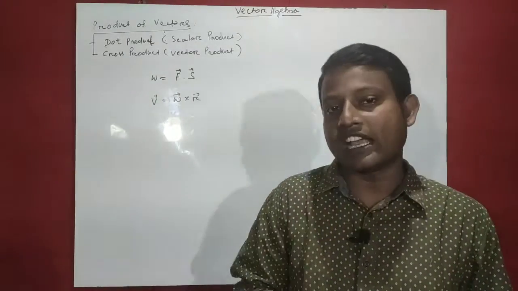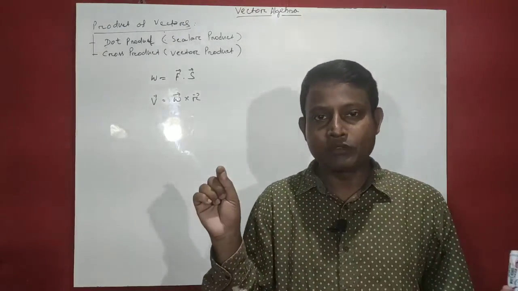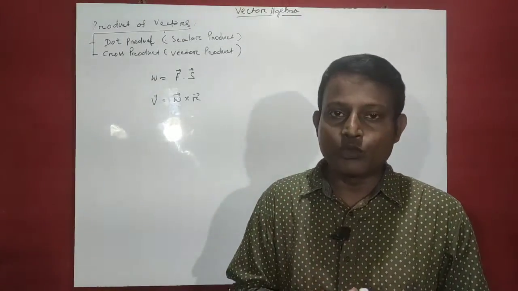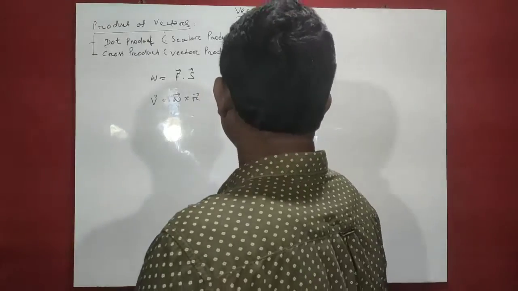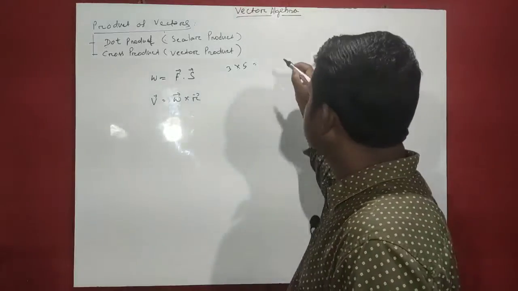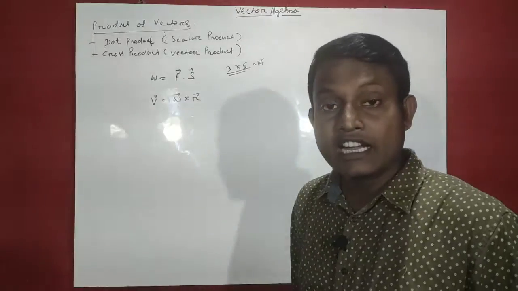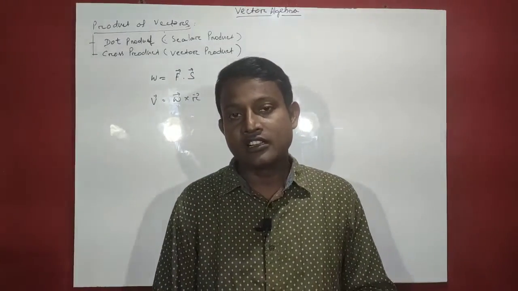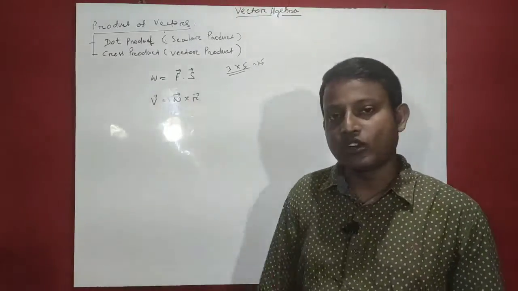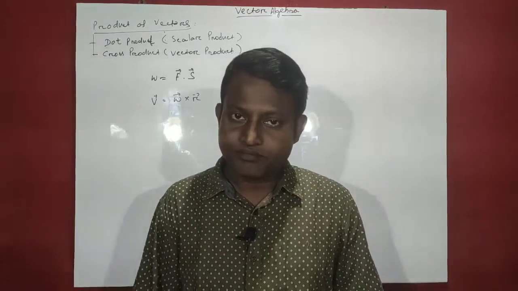Generally we use 3 cross 5, that is equal to 15. 3 into 5. When we multiply two digits, we put a cross sign for denotation of multiplication, that is equal to 15. But here we put a dot sign for denotation of multiplication. That's why this is called dot product. It always gives a scalar quantity.